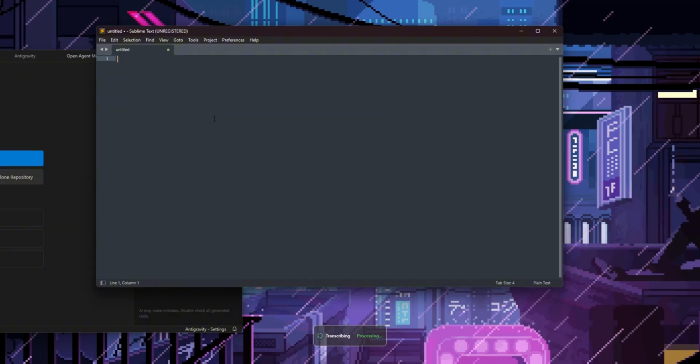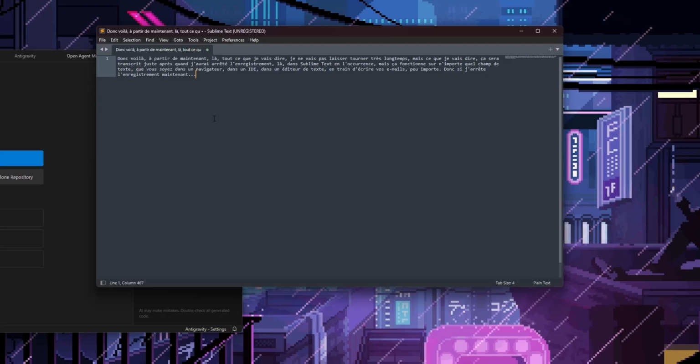it obviously takes a little bit of time for the transcription to be done, and this is what the final result looks like. Generally speaking, this is the main feature, and it's definitely the one that proved to be the most useful. But there are other features, particularly one that I really enjoy, and that is